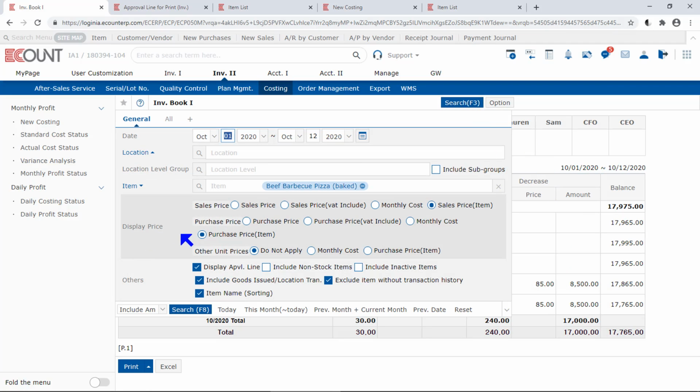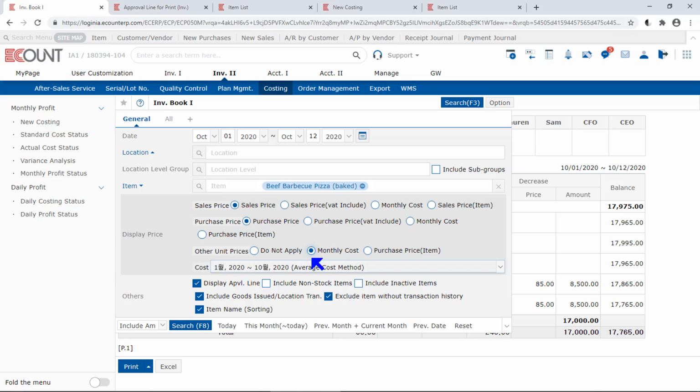And finally, in Other Unit Prices field, you can select the base price for the menus where no item price is entered, such as Location Transfer and Goods Receipt menu. So for instance, if you select Baked Barbecue Pizza and select Monthly Cost as Price and select Include Goods Issued Location Transfer option and search with Include Amount template,